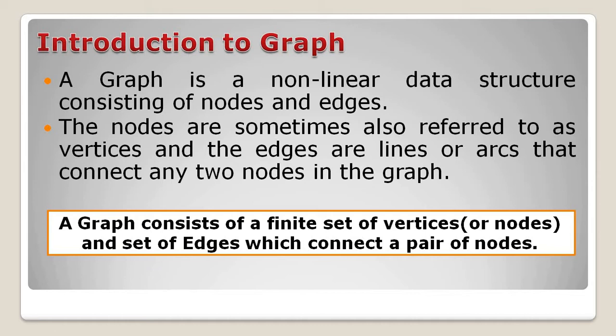The first thing is we need to know what is the meaning of graph. A graph is a pictorial representation of a set of objects where some pairs of objects are connected by links. The interconnected objects are represented by points termed as vertices, and the links that connect the vertices are called as edges. Formally, a graph is a pair of sets (V, E), where V is the set of vertices and E is the set of edges connecting the pairs of vertices, and that is the thing we are going to be considering as a graph.